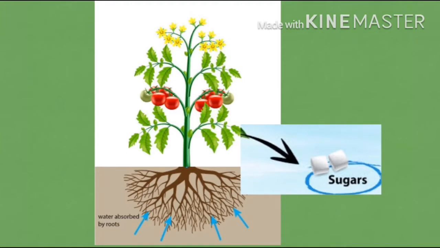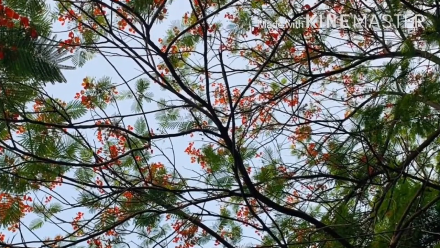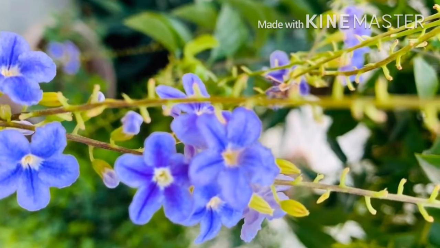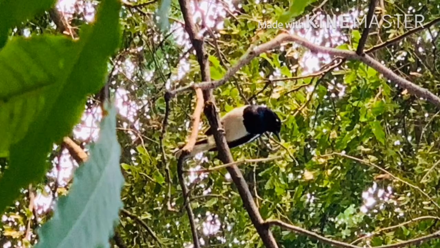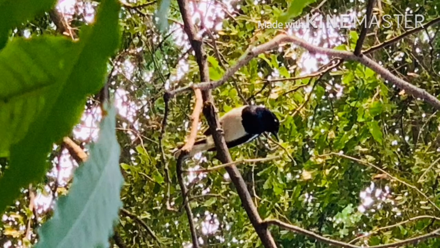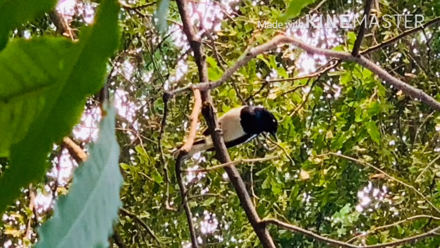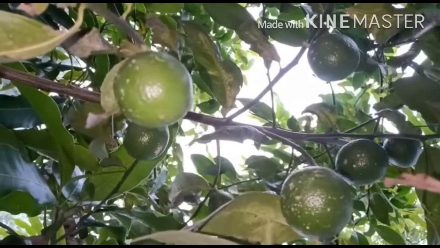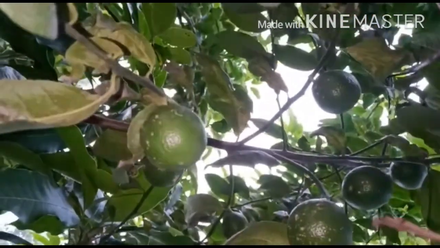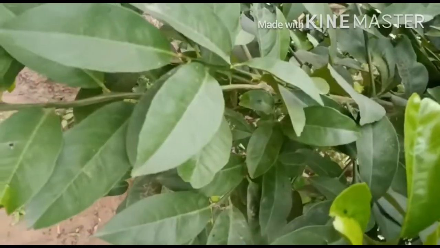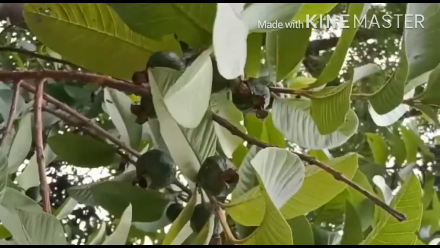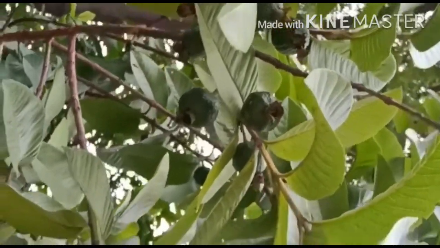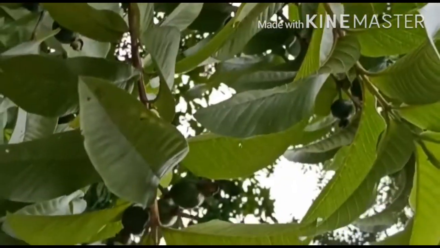That makes you think that it is so important for us to have plants around us. If there were no plants, then there wouldn't be any oxygen for us to breathe. So technically, we are only alive because of plants. The food that we eat and the air that we breathe, all we get from plants. And this process is called photosynthesis because it uses sunlight to produce food.